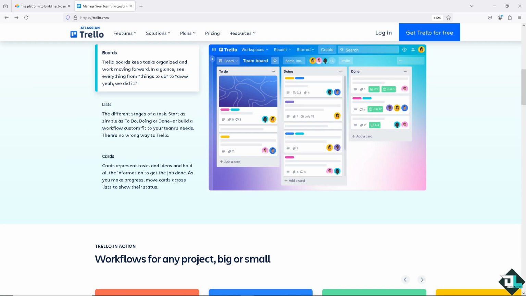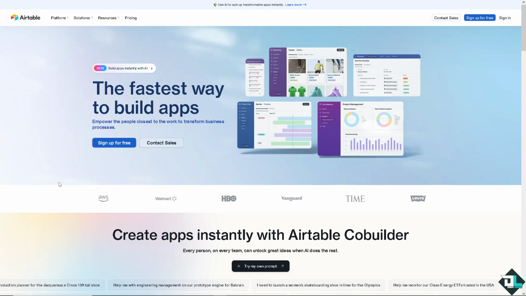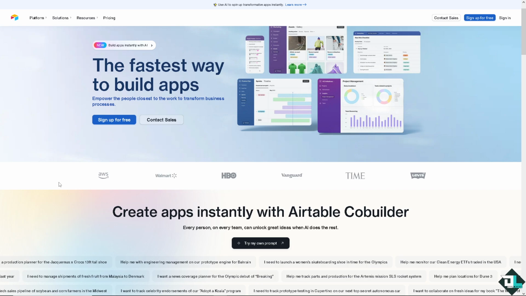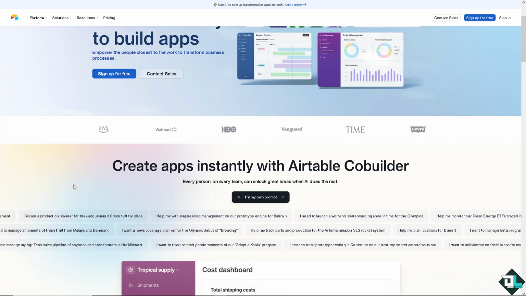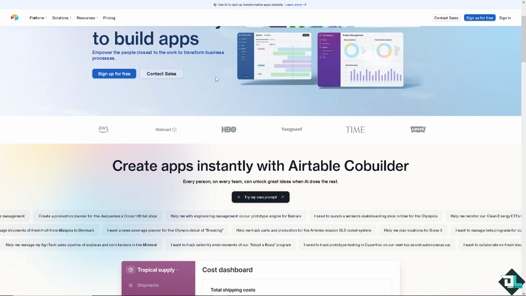So let's begin. To begin with, Airtable is a cloud-based collaboration platform that combines the functionality of a spreadsheet with a database, because it allows users to create and manage databases with an easy-to-use, visually appealing interface. Now, signing up for a free account here is a breeze because all you have to do is just follow